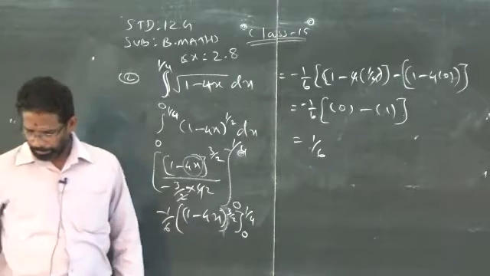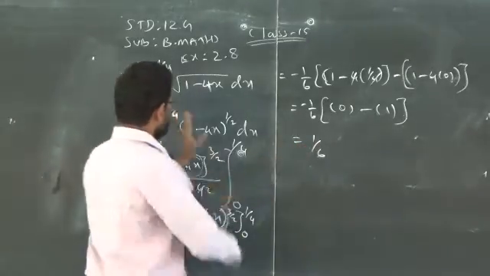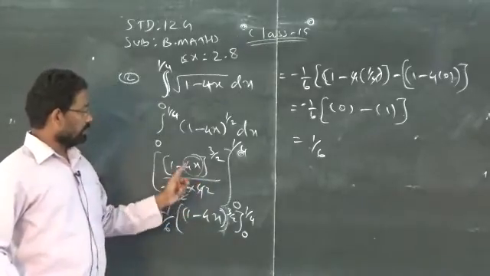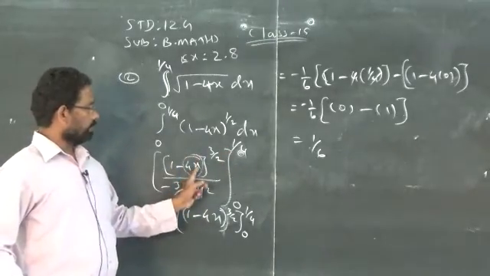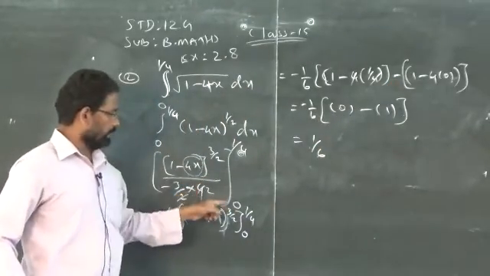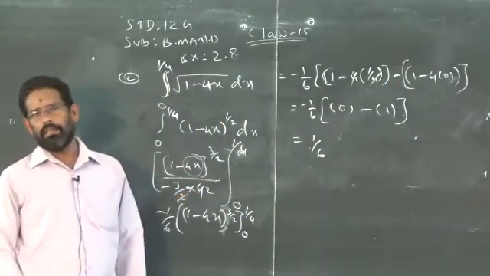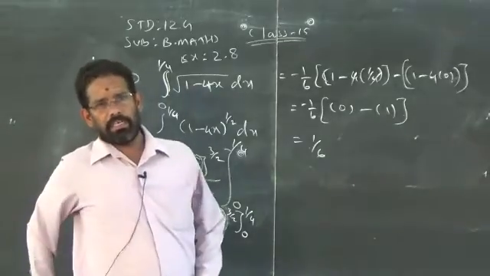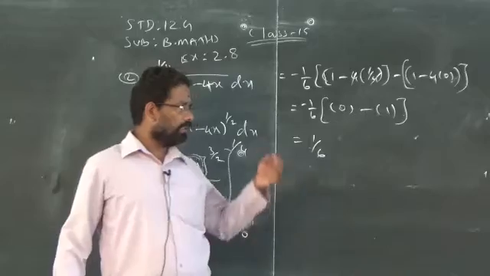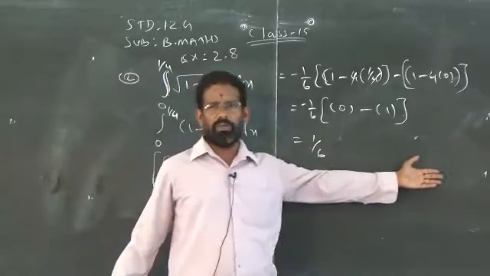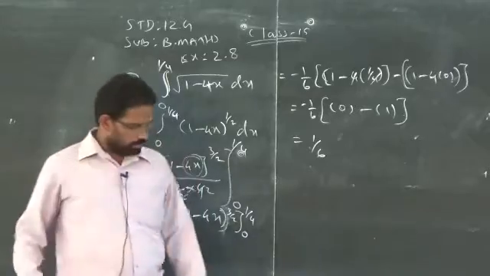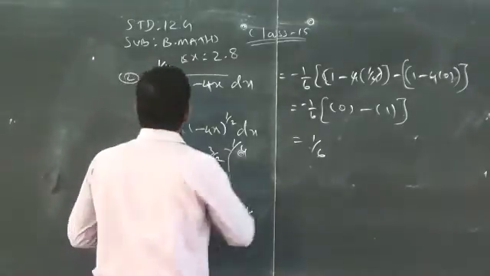So that is the answer for question number 2, you can check, it's correct, clear. So very simple integrations. The only thing you have to keep in mind is replacing the upper limit, in the place of x you have to replace the upper limit, then the formula minus, then you replace x by the lower limit, clear. Remember, the upper limit is always greater than the lower limit. If the lower limit is greater than the upper limit, then I already gave one formula, a property, use the property and proceed, clear.